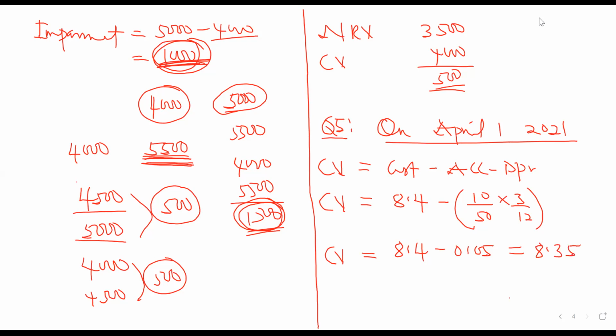Okay. Let's look at alternative ways of calculating the carrying value. This can also be calculated like this. Look at this. The carrying value can also be calculated as 10 million into bracket